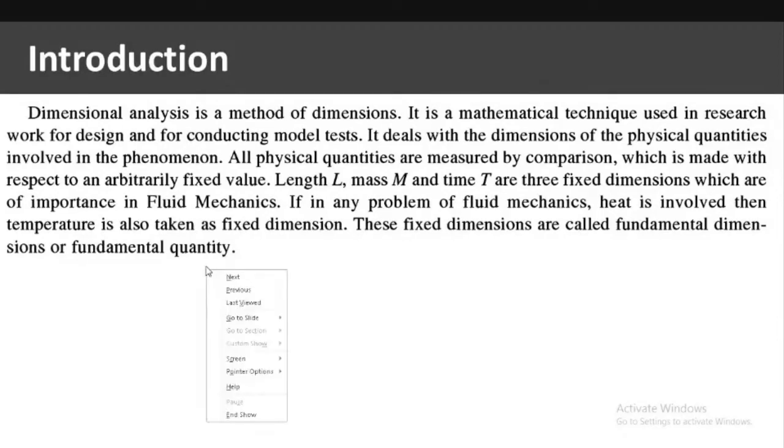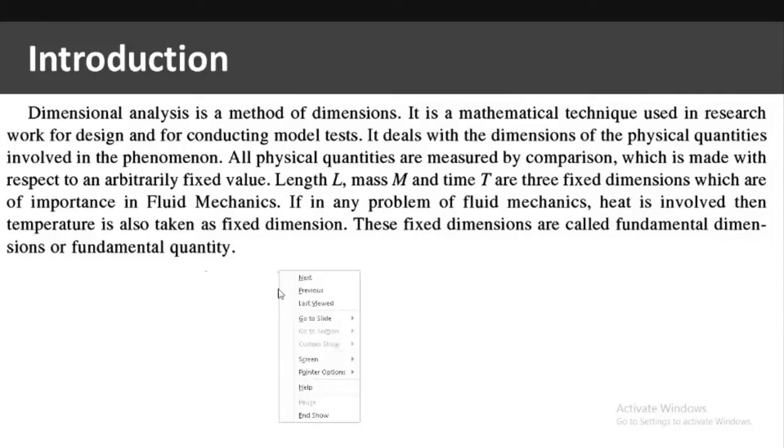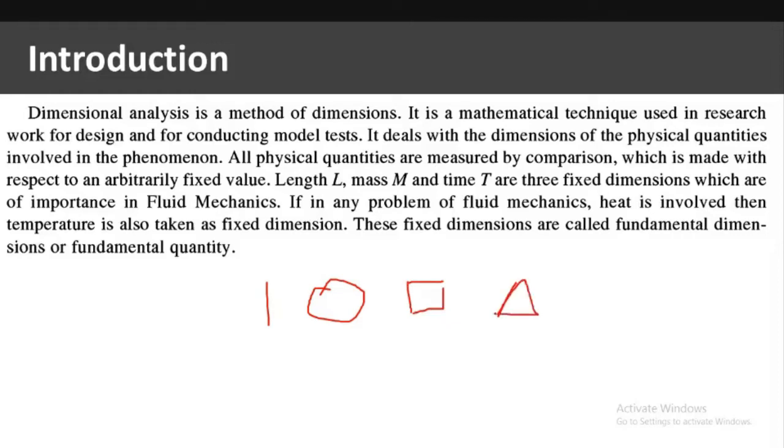For example, mass. Suppose a mass of 1 kg of a particular body. It can have a spherical shape, its mass will remain 1 kg. It can have a cubical shape, its mass will remain 1 kg. Its shape can be triangular and it can be 1 kg. So it is not depending on